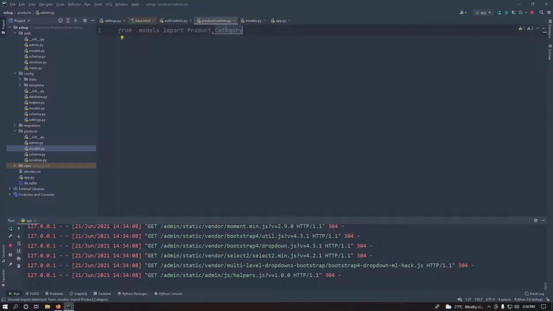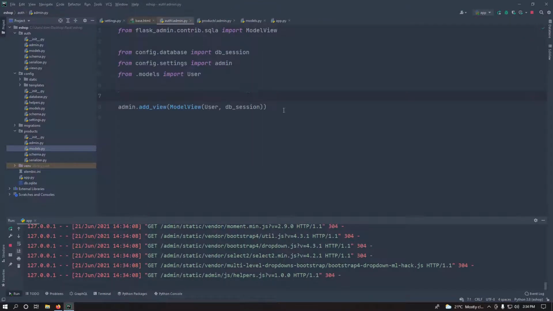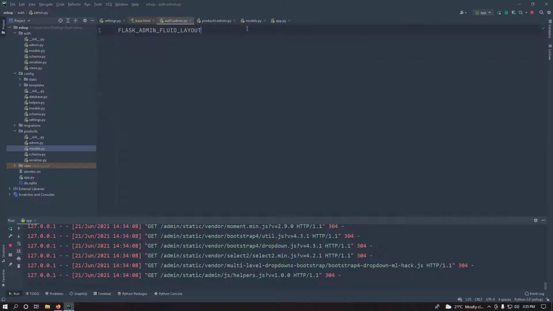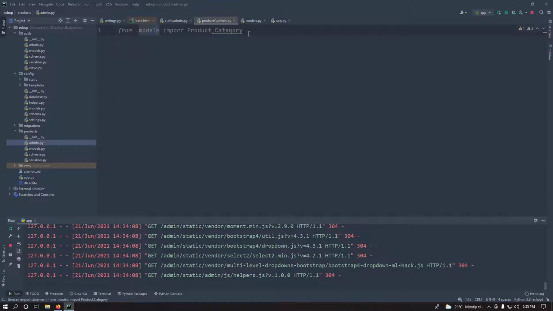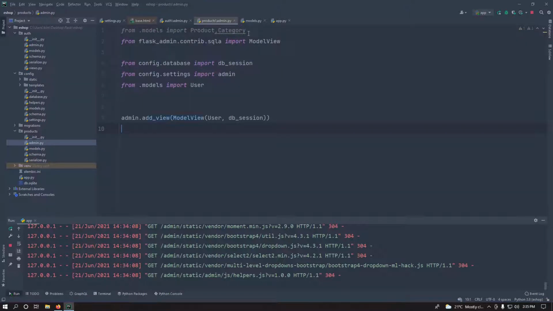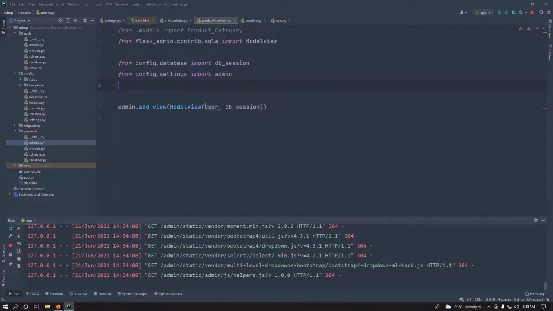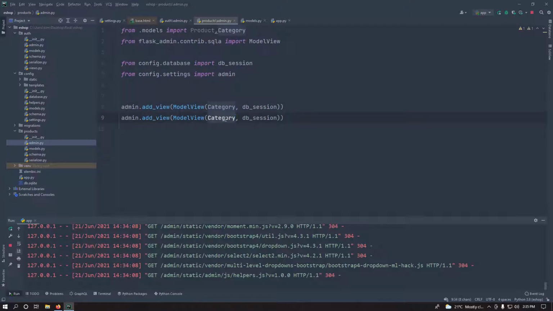So we just need to register them. So I'll just go and take these actually, because they all just maintain the whole thing the same. And then just paste, then remove the redundant ones, like this for user, and just over here add for category, and then add again for product.